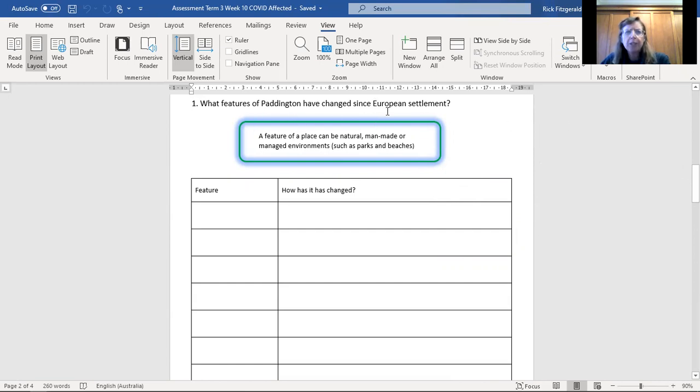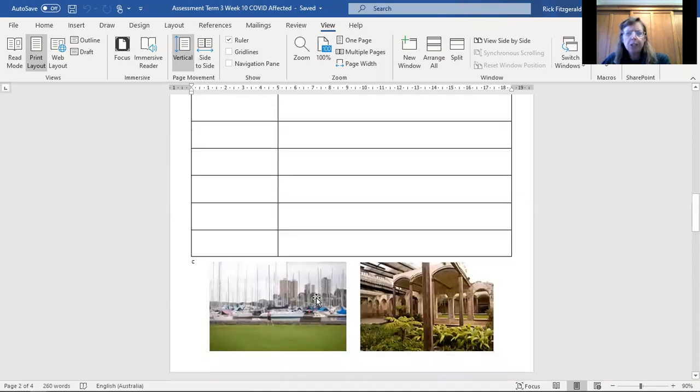So what features of Paddington have changed since European settlement? A feature of a place can be natural, man-made or managed environments such as parks and beaches. What is the feature? How has it changed? And then down the bottom, I've given you a couple of illustrations there to help jog your memory. Okay, I'm going to go back to our presentation now, but before I do, I'll just show you the